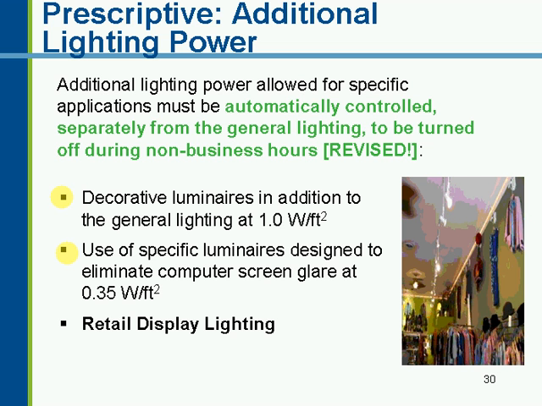With flat screens and better lighting systems, this really isn't done much anymore, but for those who still do it, you can claim a 0.35 watts per square foot allowance if you're following all the design criteria in that procedure from IESNA, and that's spelled out in the code itself. The third category, the most often used, one that requires the most detail, is on retail display lighting.